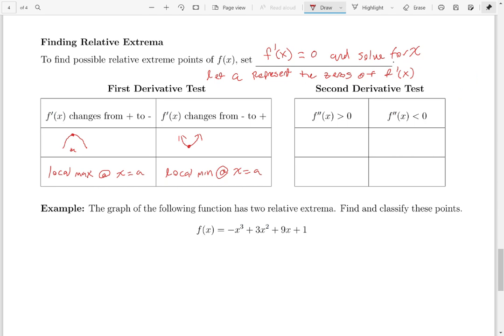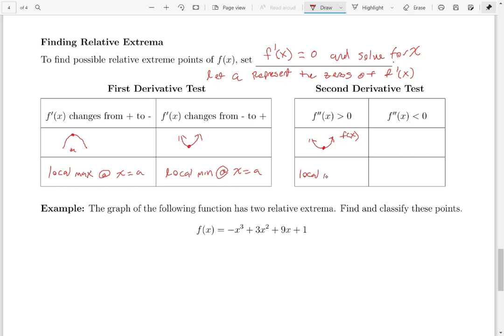And so with that being the case, we need some other way to verify our local maxes and our local mins. And I claim the answer to that is the second derivative test. Because remember, if I take the second derivative and plug in a at that value, and f double prime of x is positive, then we know we have concave up for our original function f of x, where specifically there's some a value down here,